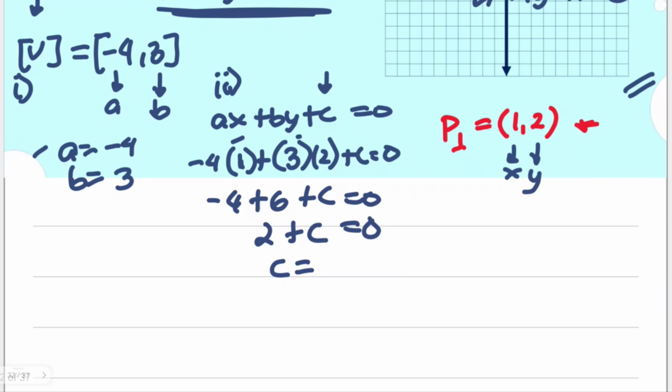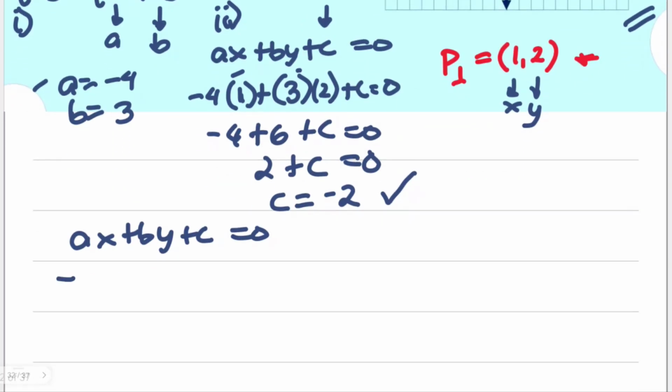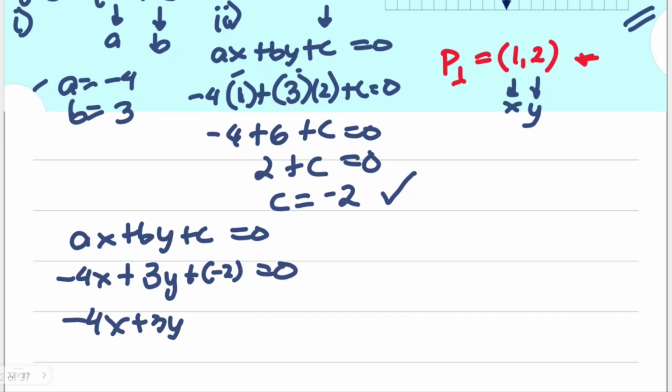C is equal to negative 2. This is our C intended for our form. Hence, ax plus by plus c equal to 0, where x and y are now arbitrary variables. So you will have here A is negative 4 times x plus, not arbitrary constant, arbitrary variables. So you have B is a 3 times your y. Then you have your plus negative C